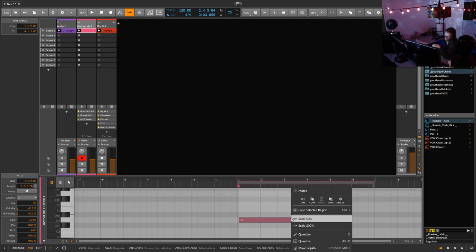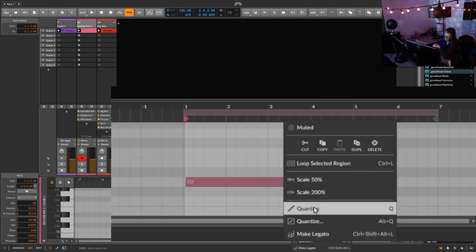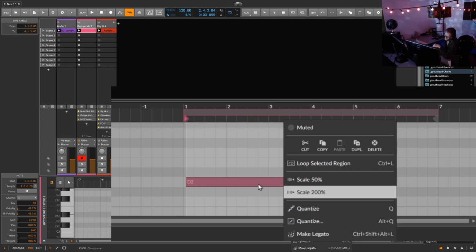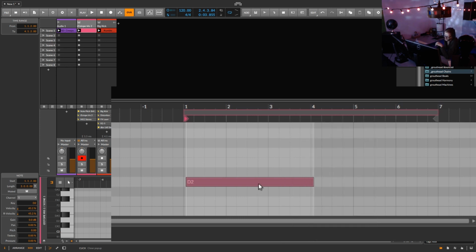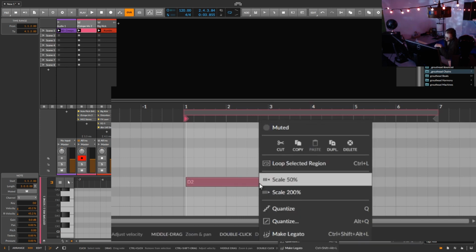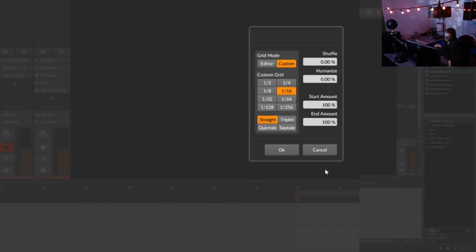Be sure to set that up. If you just hit Q by default, the back of your notes, or the end of your notes, will not be quantized. To set that up, you want to set the bottom end amount to 100% using your Quantize settings dialog box. Keep in mind that you can also set a little humanize or a little shuffle. Play around with these settings. These settings are very, very powerful,